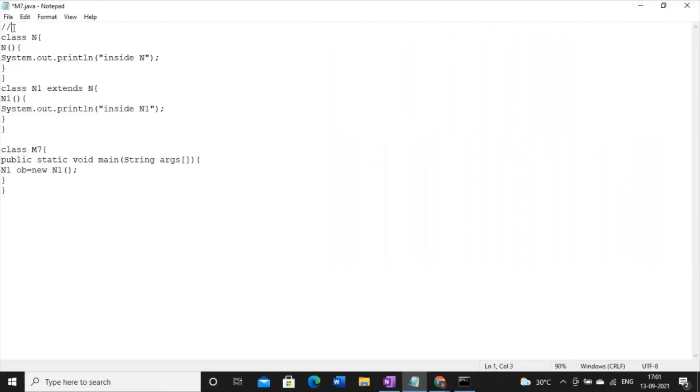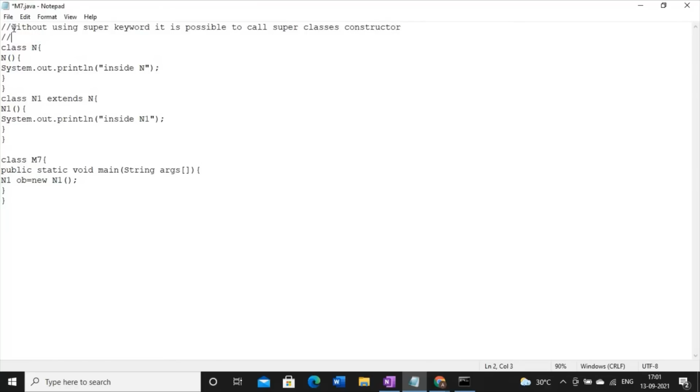So there will be one tricky question, that is: without using the super keyword, it is possible to call the superclass's constructor. So why do we need it?